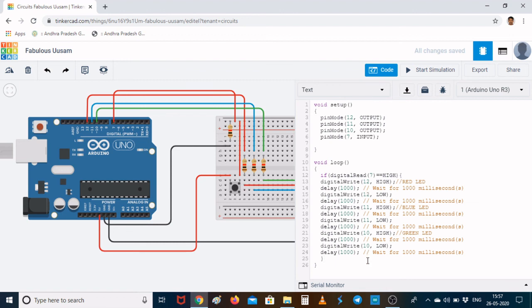Otherwise, you come out of the if statement. When will pin number 7 be high? Whenever I press the push button, the 7th pin will be given 5 volts, then it is read as high and all these things will be executed. Otherwise, my LED is not going to blink.